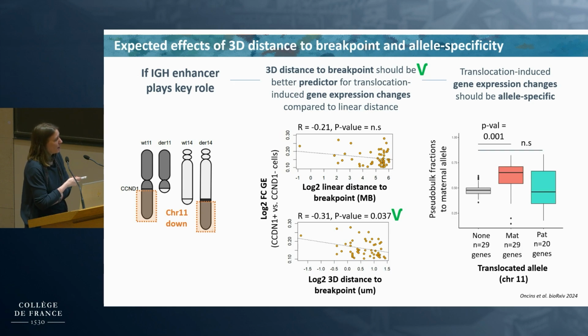We did SmartSeq data, and we looked into whether there's any allele specificity at the level of gene expression. For that we used heterozygous SNPs. What you would expect randomly is that two genes are expressed at equal levels from the maternal and the paternal allele, if you're not talking about imprinted regions. So we looked at our cells that are non-translocated, and you can see that the frequency of maternal over paternal